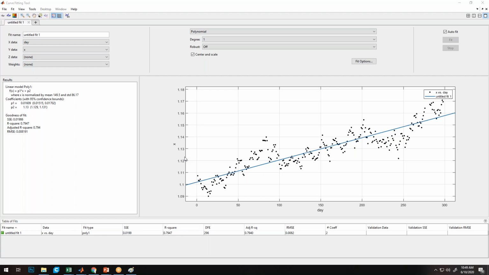Toolbox to code. Okay, like how I use the polyfit. A doubt from Anurag Verma sir. You are asking toolbox to code. So you are asking about polyfit again, like how we are doing it.